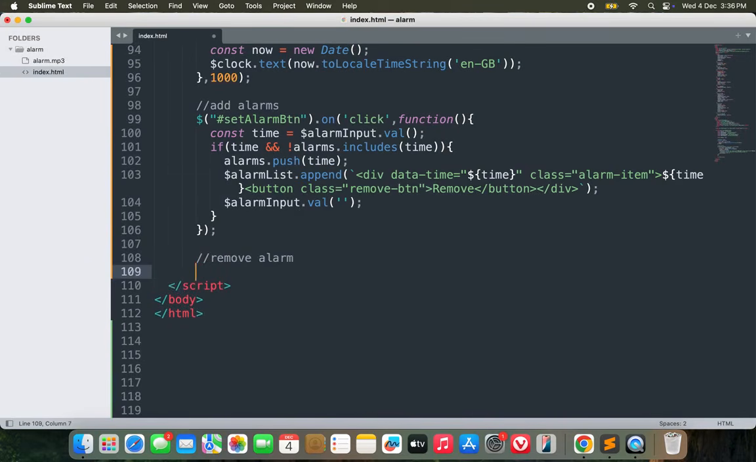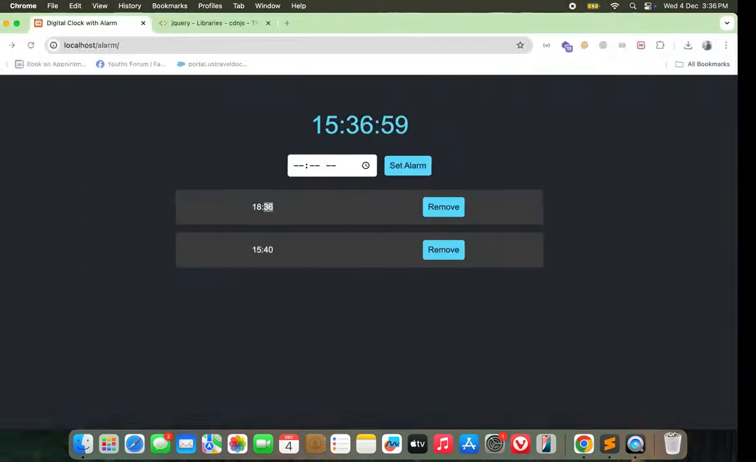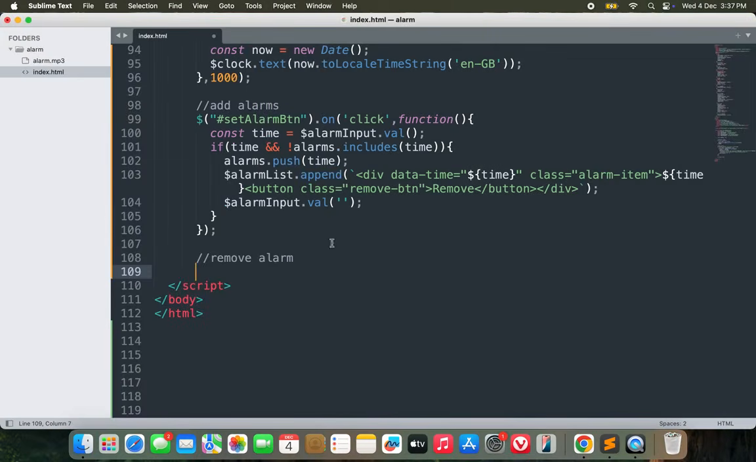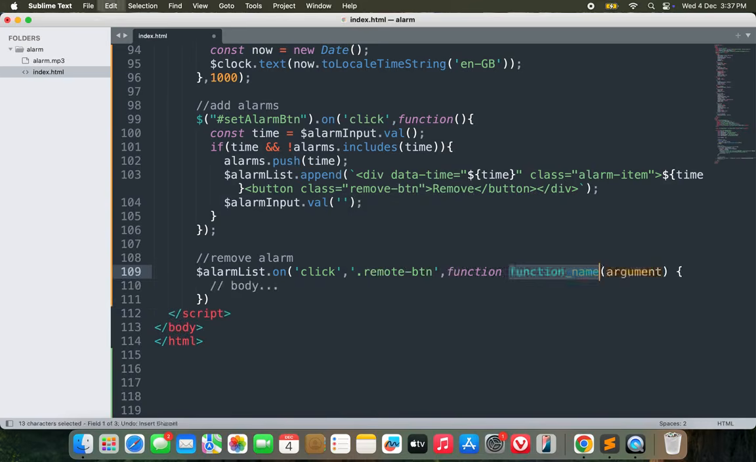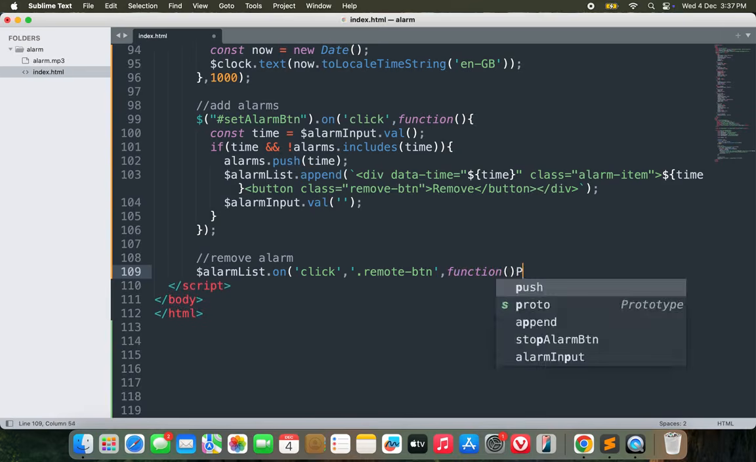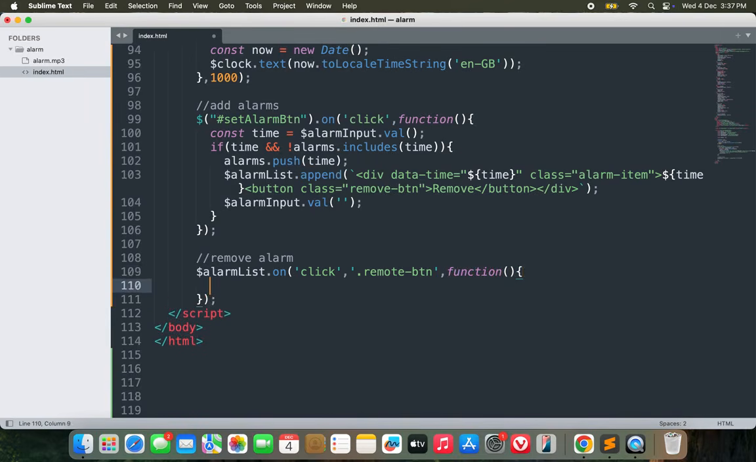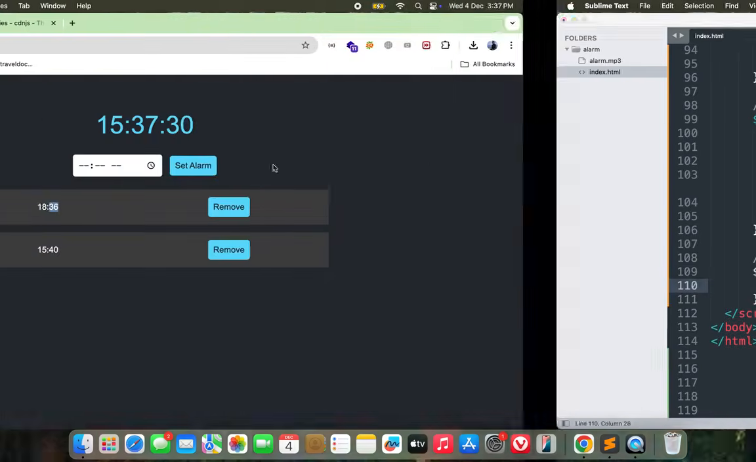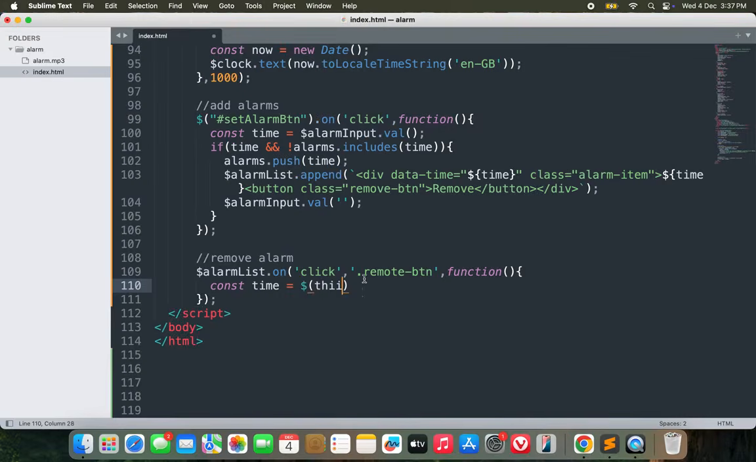So just think how we're gonna do it. How we're gonna do it is when user clicks on this remove, we need to remove that corresponding one, right? So the alarm list dot on click which remove button, button function, function. Okay, we need to get this time on which user has clicked the remove button. So this dot parent dot